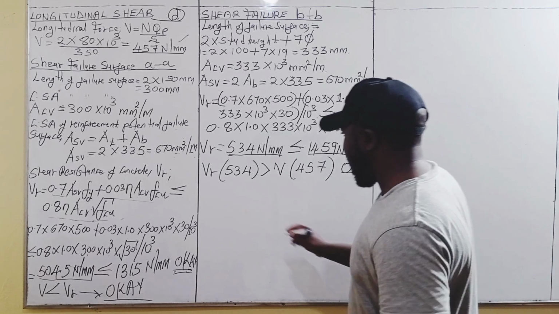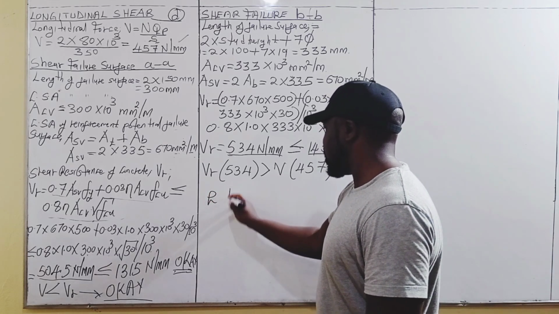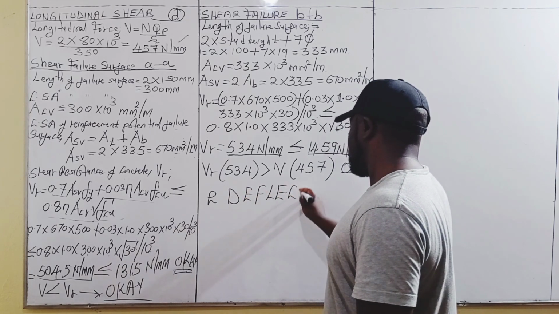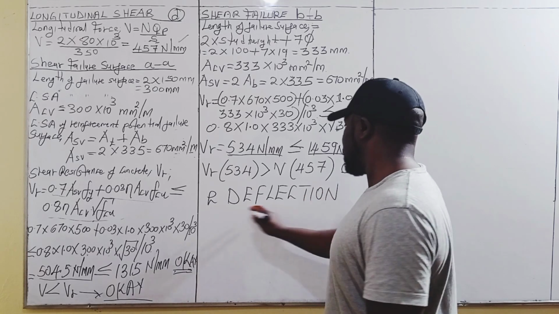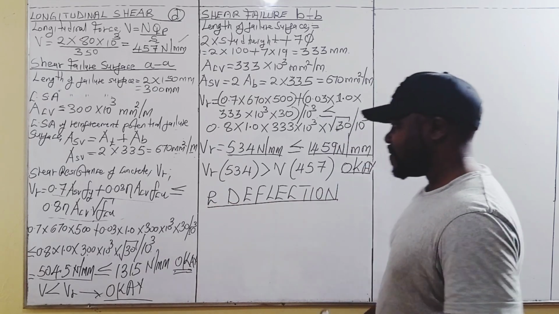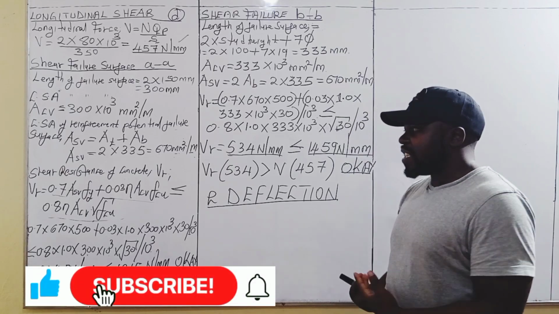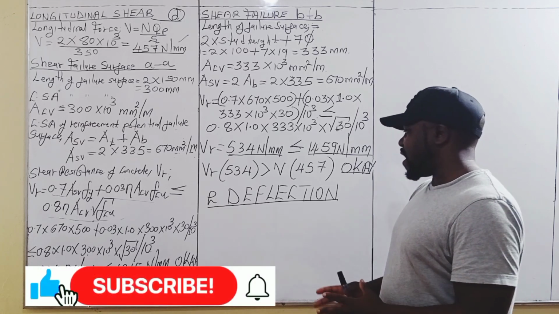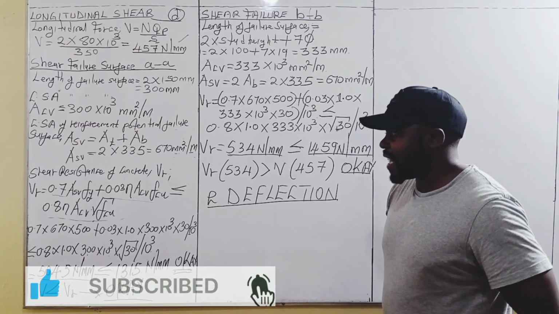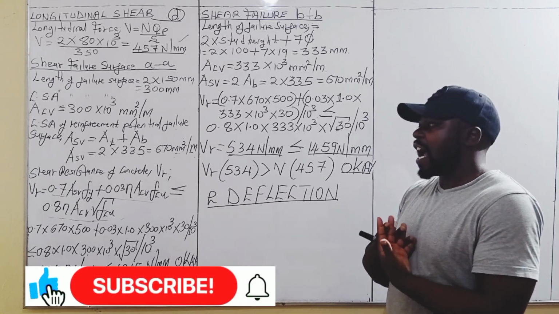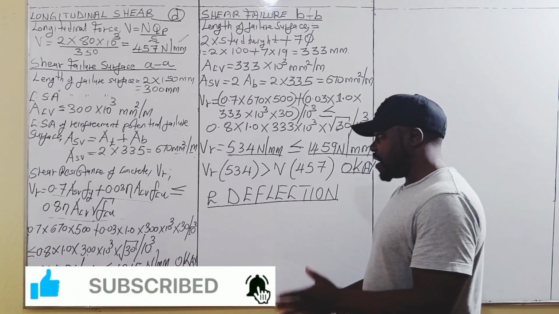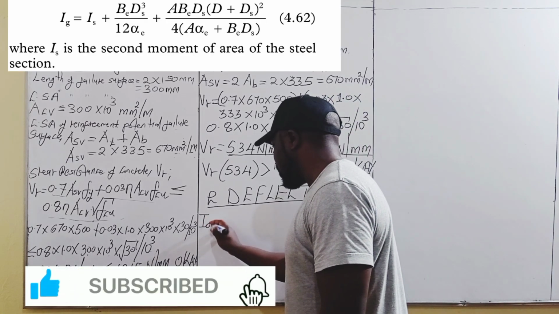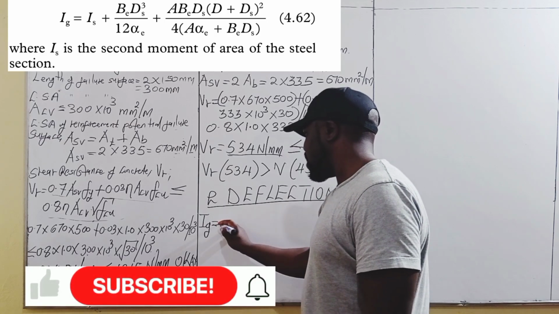The final part, that is E, is determination or calculation of deflection. So we go to deflection. Now, in deflection, since the beam is simply supported, we are going to use the gross value of the second moment of area, that is IG, of uncracked section to calculate deflection. And in this case, IG, the gross second moment of area, will be given by this formula: